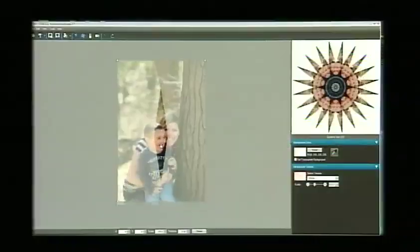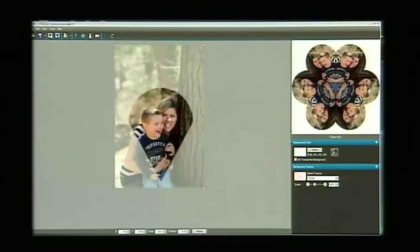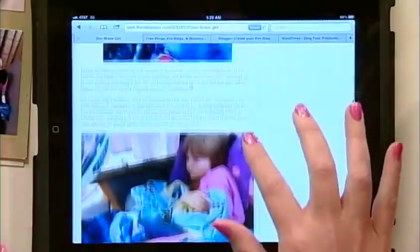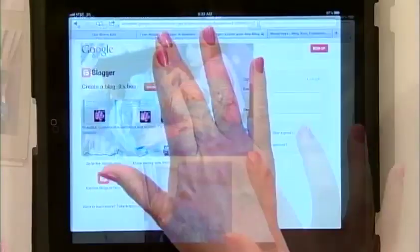scrapbooking. Well, to begin, we start with a very hot topic, digital. How can you use software, online resources, Facebook, Twitter, blogs, and lots more in your scrapbooking? Since digital became so popular with cameras, smartphones, and everything else, that's where all our photographs are, on the computer,